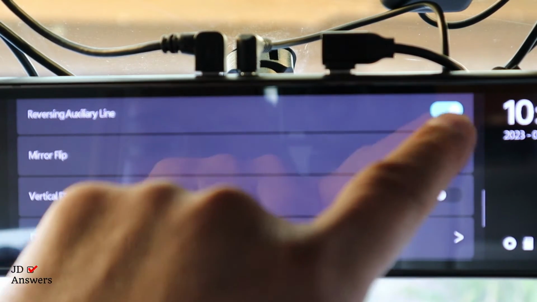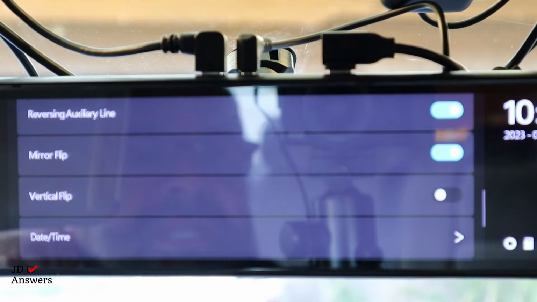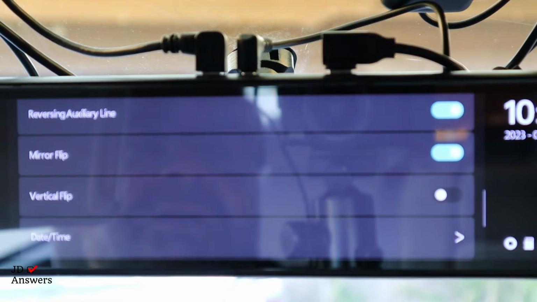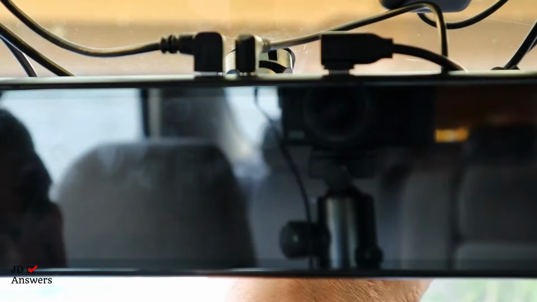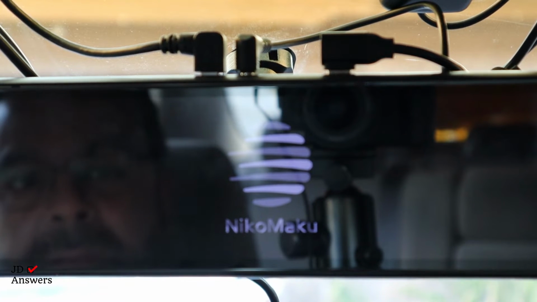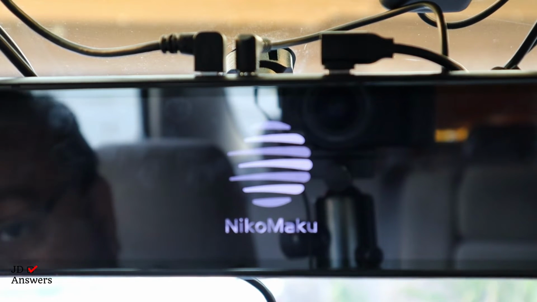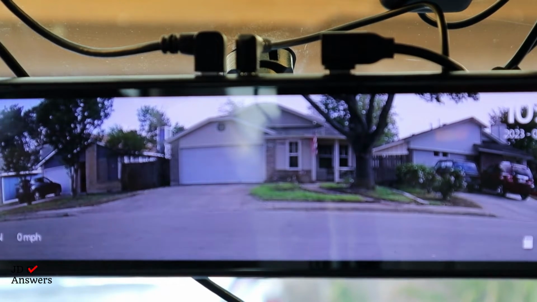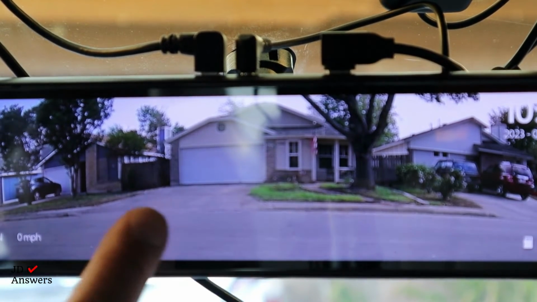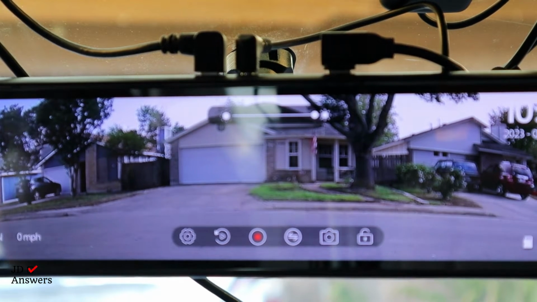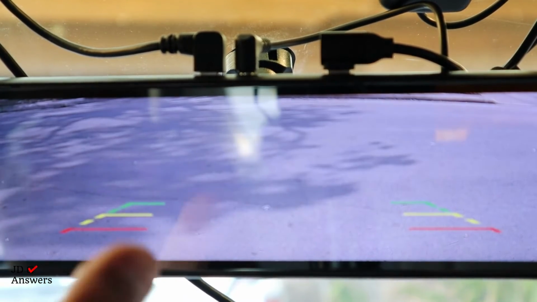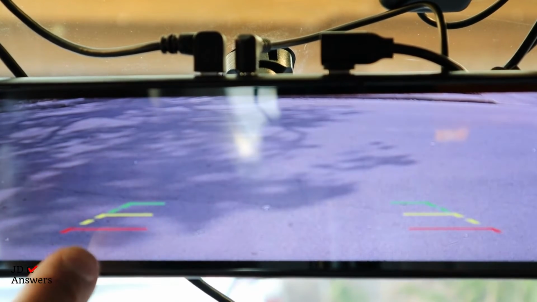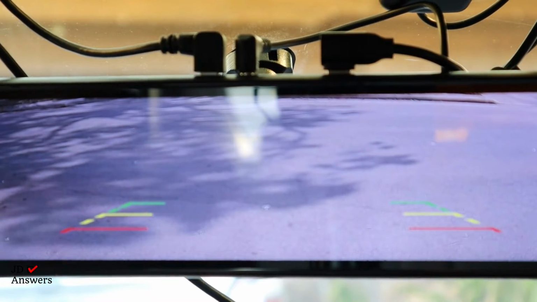All right. This is reverse auxiliary lines, okay? So what this is, when you put your car in reverse and you get those grid lines, you could turn those off or on. So let me show you exactly what that is. So we're going to turn on this vehicle. Rear view camera disconnected. So what I'm going to do is put this car in reverse and you're going to see some grid lines come out here. All right, here we go. And you can see the lines right here. So if you don't want them on, if you don't need to use that,